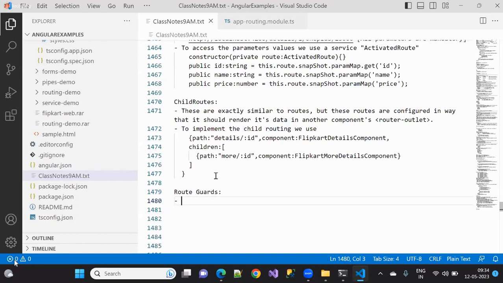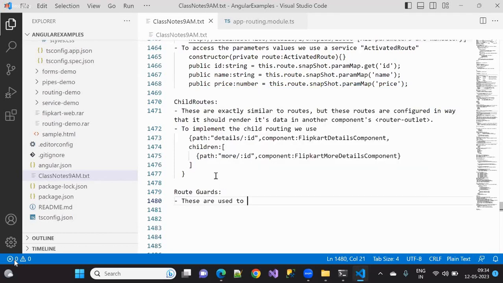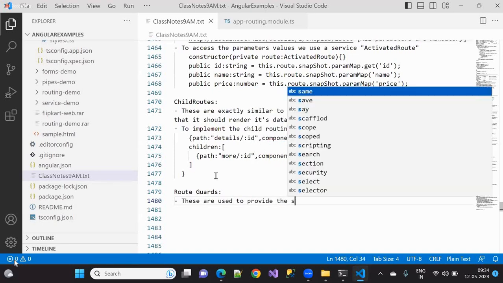Guard. What is meant by a guard? Tell me. Right, protection. Very good. Security. Same way here also, these are used to provide the security